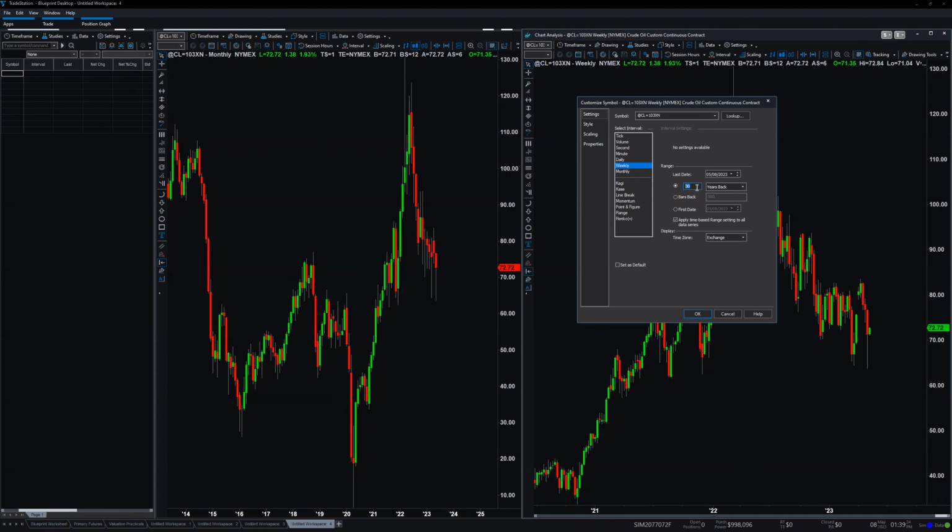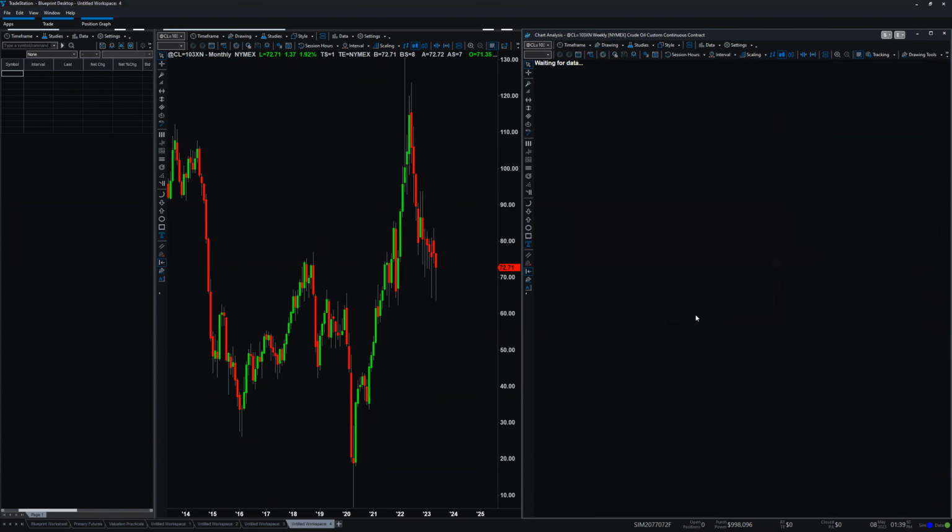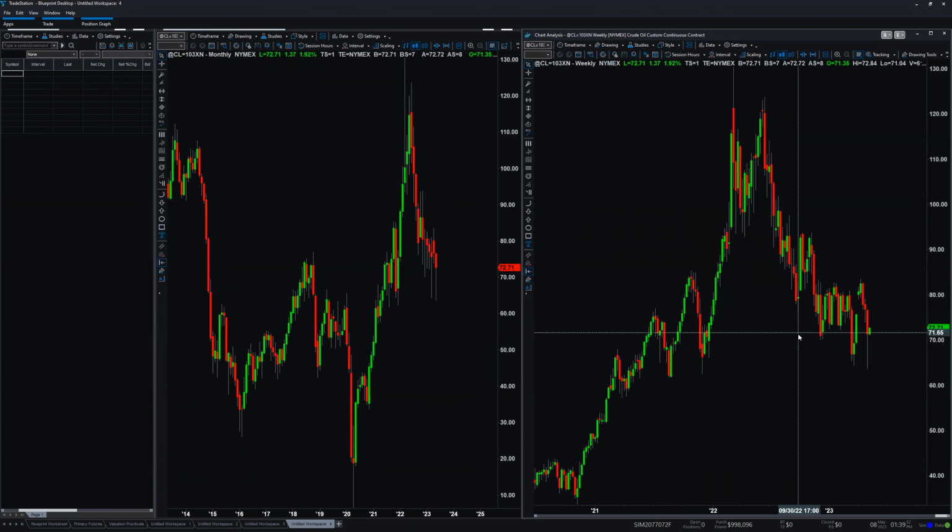That's probably overkill. 15 years may be enough, but my computer has enough processors and is good enough to load this very, very quickly. If you see that eventually your computer and your TradeStation is going to be slower and slower, it may be that it has to load a lot of data in the backend. If you notice that, you can always remove some of those years, just make it that it loads 10 years of prior history. And that way,